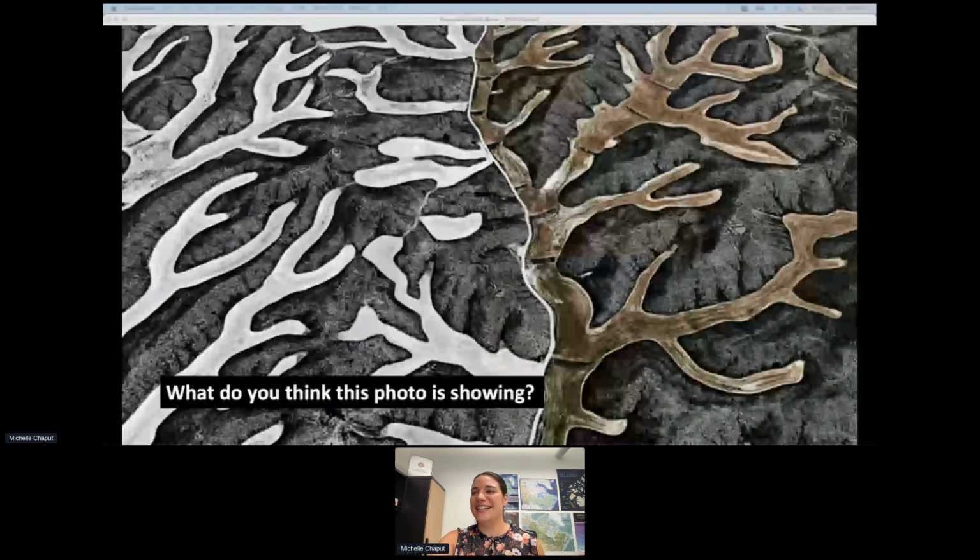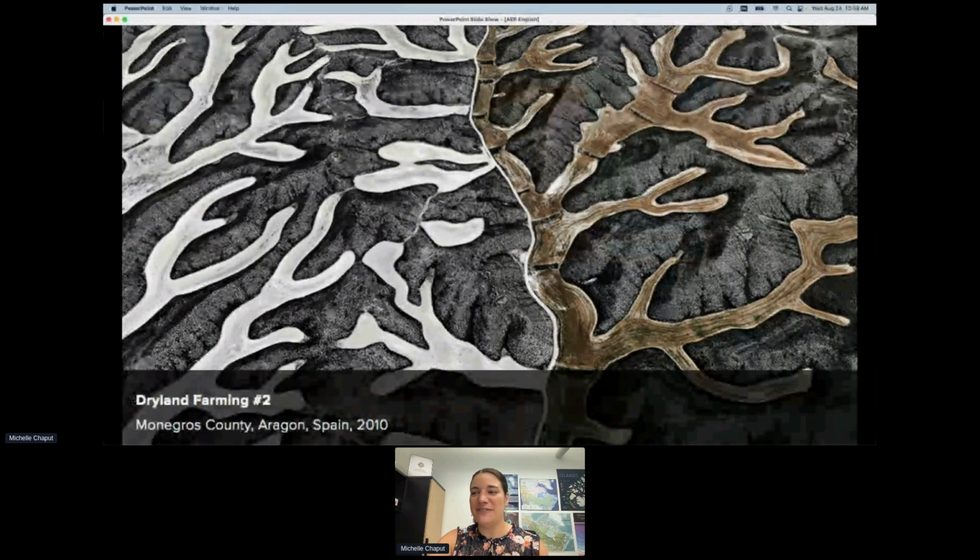So it's actually dryland farming. So it's dryland farming in Aragon, Spain. And this photo was taken by Edward Bertinsky in 2010. And so dryland farming is necessary in this region because they receive so little rainfall throughout the year, and it supports a large population that needs these crops to survive.